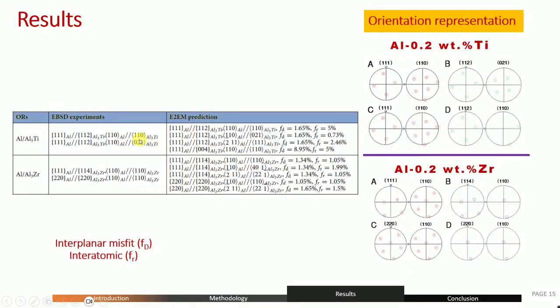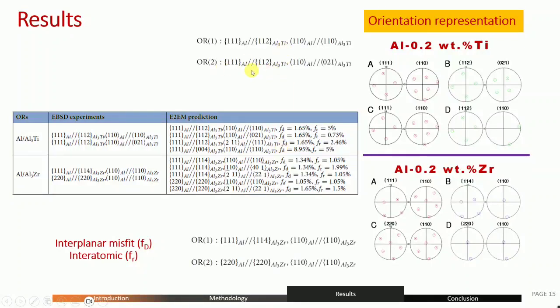So what they have predicted is the incoherency angle that I talked about. Fd and Fr are given by interplanar misfit and interatomic misfit. Actually, it's misfit only. So from one pole figure, they are getting the interplanar misfit of about 1.65%, and Fr, the interatomic misfit, is about 5%. So we can see some misfit is definitely there. Nothing is ideal in this, but still it is not very high. So some incoherency is there that they have found. So this is the result that they are getting actually.